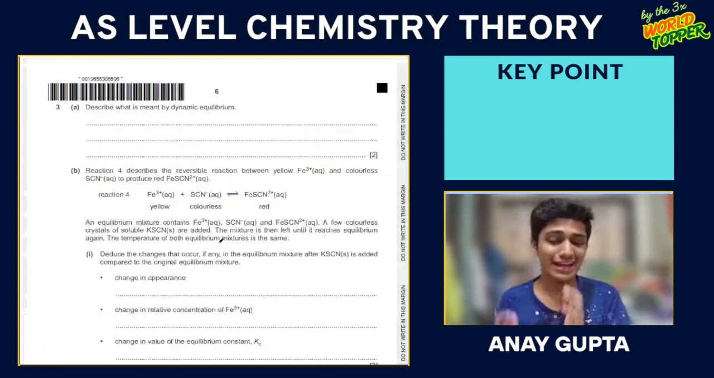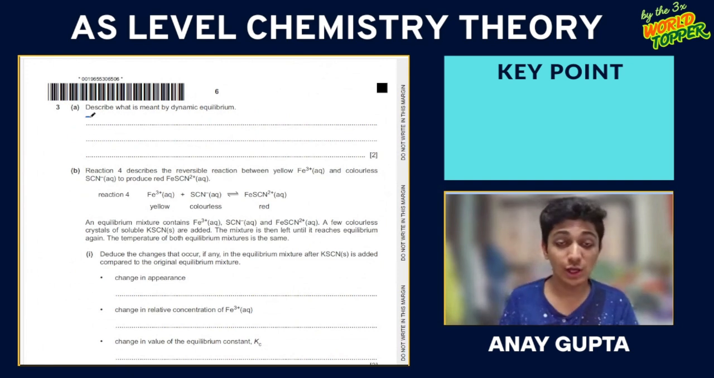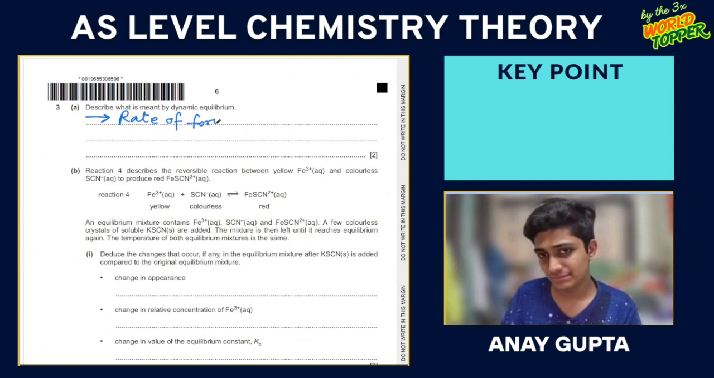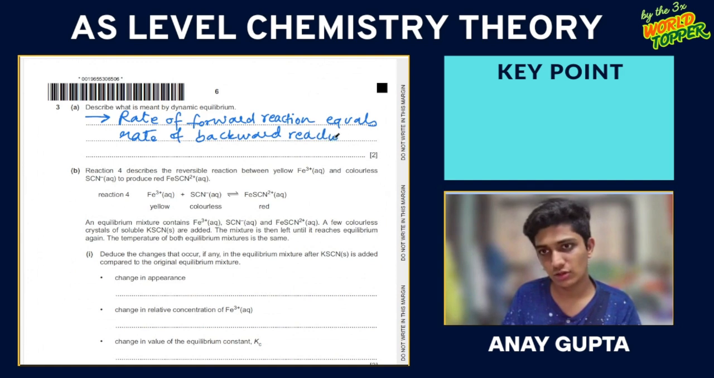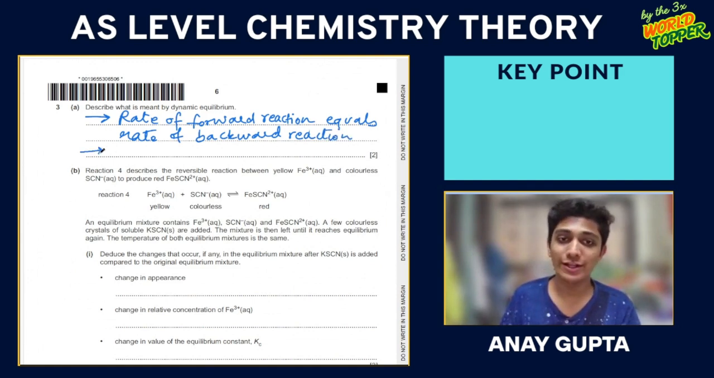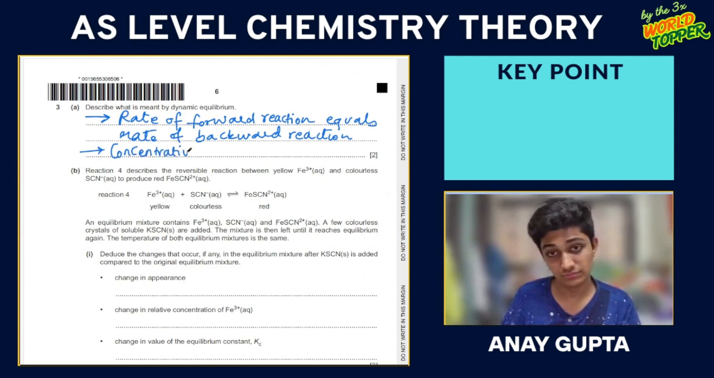Next question. Describe what is meant by dynamic equilibrium. So here we know there are two conditions. Firstly, the rate of forward reaction equals the rate of backward or reverse reaction. And secondly, we know that the concentration of reactants and products